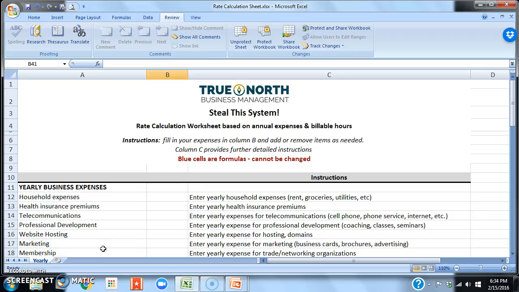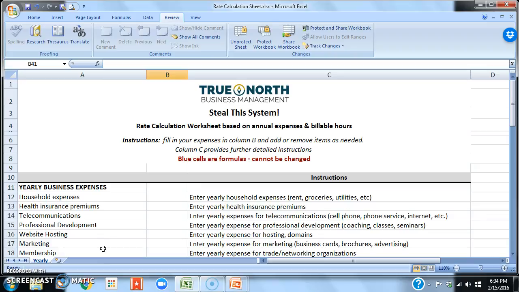I'd like to just say at the outset that I'm not going to enter into the debate about whether or not one should be charging by the hour for their services, or whether or not one should create packages and programs and charge for those accordingly. It depends on your business. It depends on your comfort level. I mean, plumbers charge by the hour, right? Some coaches charge by the hour. Some have only packages. So that's something that we're going to leave aside for the moment, because that's a conversation